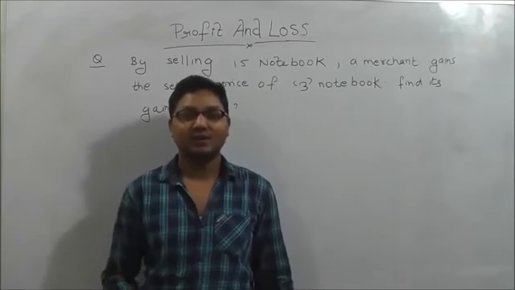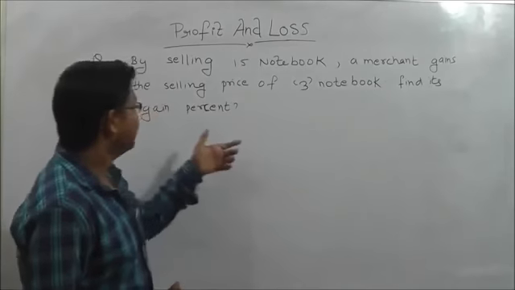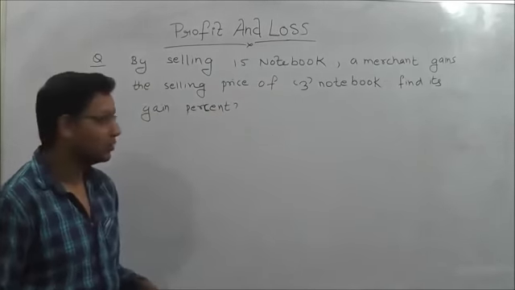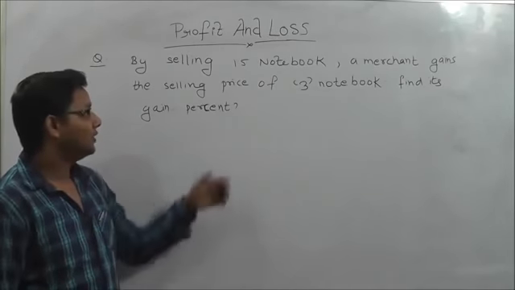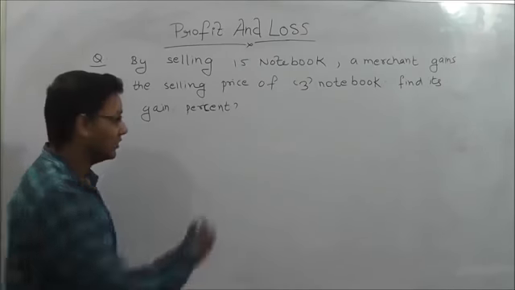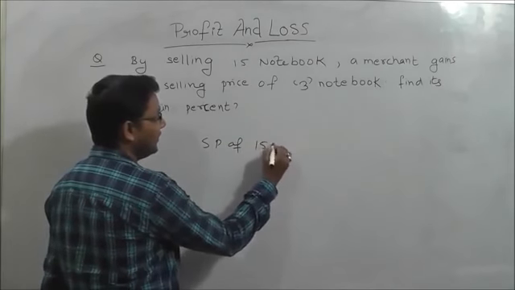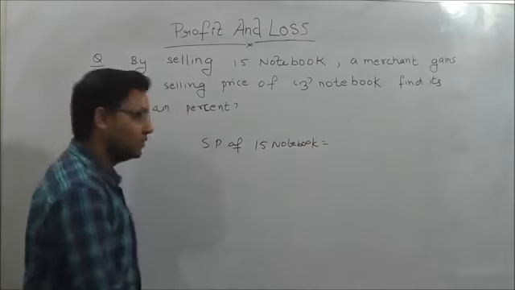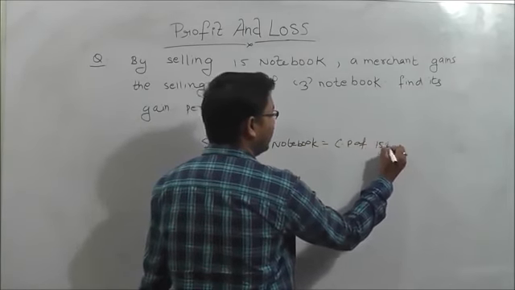Now let us see one more question based on the previous concept. By selling 15 notebooks, a merchant gains the selling price of 3 notebooks. So we have to find its gain percent. So he sold 15 notebooks and he gains the selling price of 3 notebooks. So our equation will be selling price of 15 notebooks equals cost price of 15 notebooks